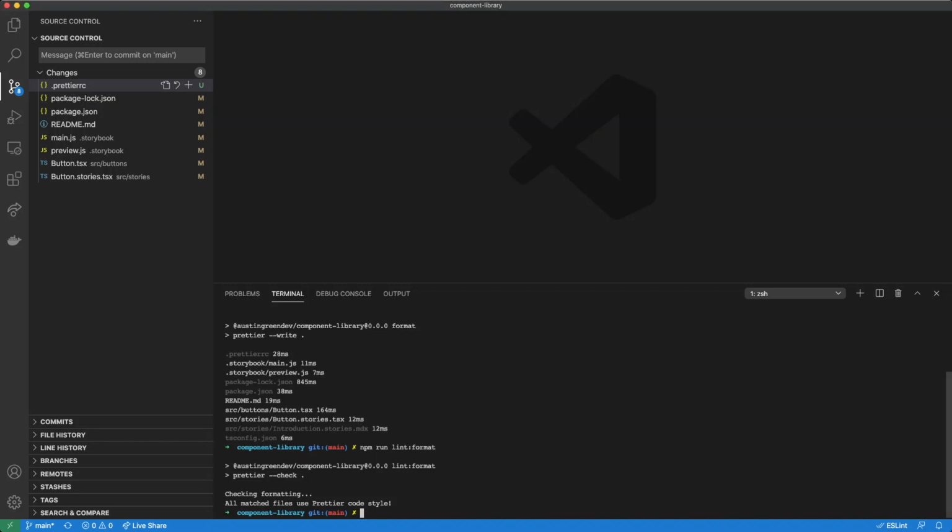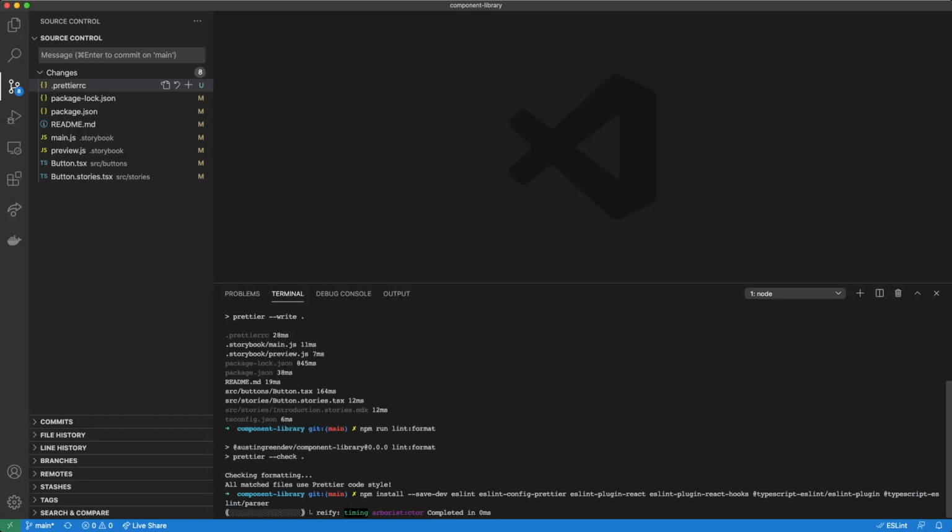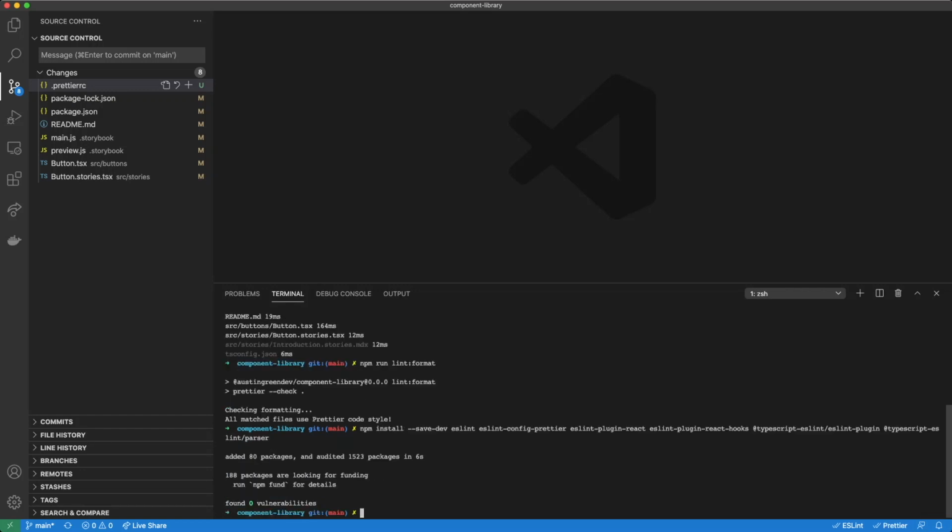And let's go ahead and copy this over. And while this is installing, we can run through them. We're going to be using TypeScript ESLint, both the parser and the ESLint plugin, to allow ESLint to understand our TypeScript files as well as JavaScript. We're going to be using the config Prettier plugin that allows us to reference our Prettier rules so ESLint and Prettier don't fight each other. And then we're going to be including the React and React hooks plugin, which allows us to enforce some React specific rule sets. And then let's create a new